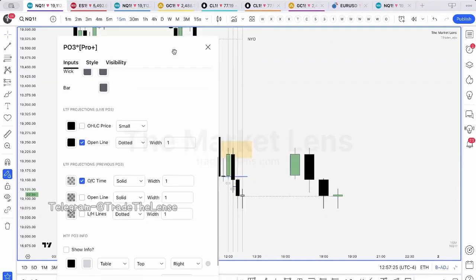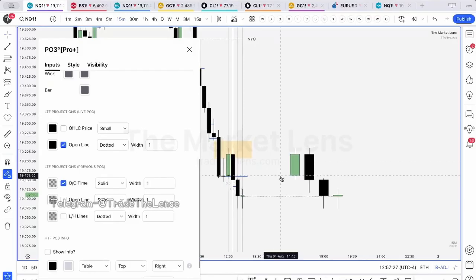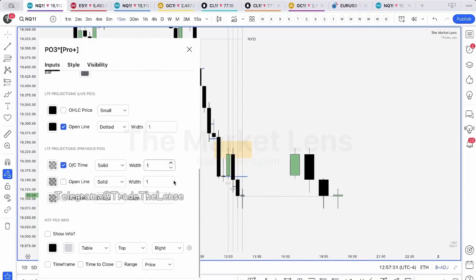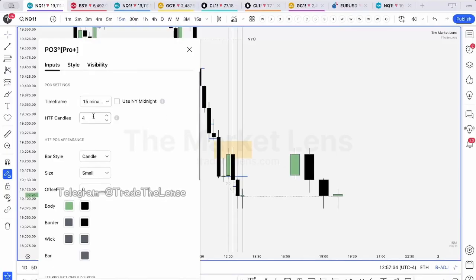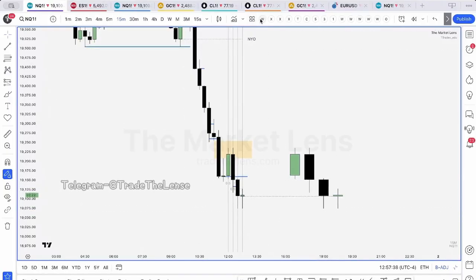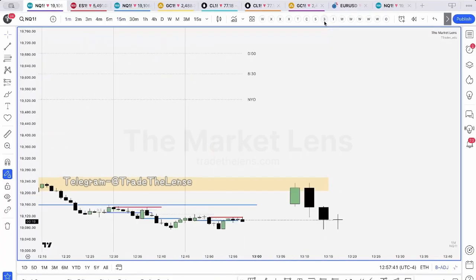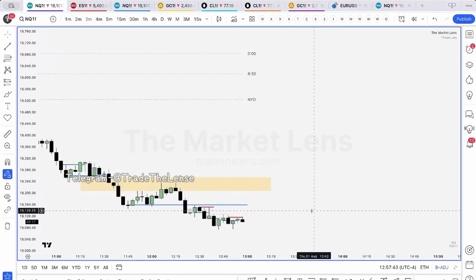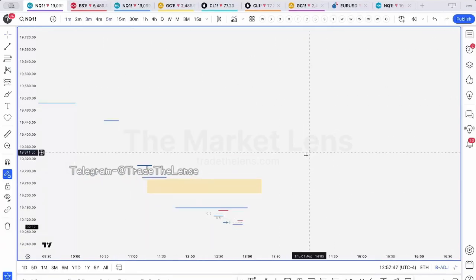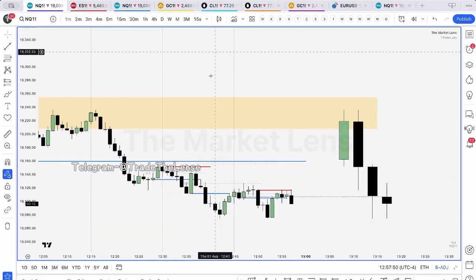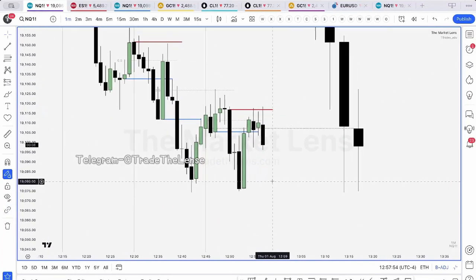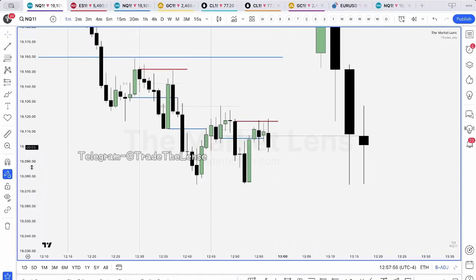So what that does is it shows these vertical separators and then the opening line for the current candle that is forming, right? And then what I do is I have this set to remember the interval that I'm at, and then I save it as a template. So each one of these up here, that'll be the 1 minute, that'll be a 3 minute with the 30, 5 minute with the hour, right? It shows each one. So if we go back to the 1 minute, did we go and close over? No, not yet, right? So it's still technically bearish. We do have the SMT on the lows, but